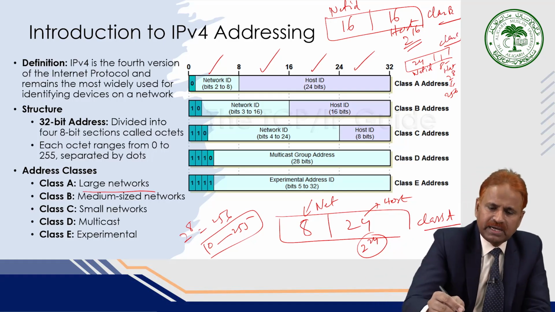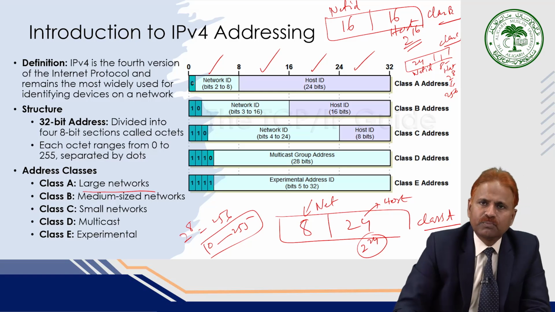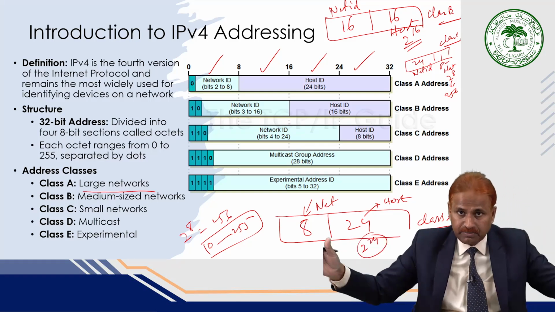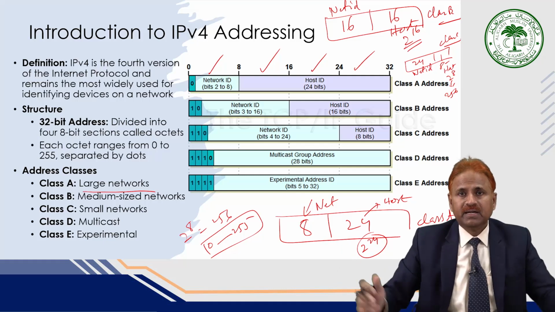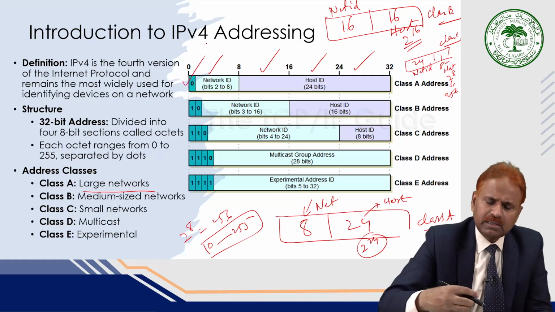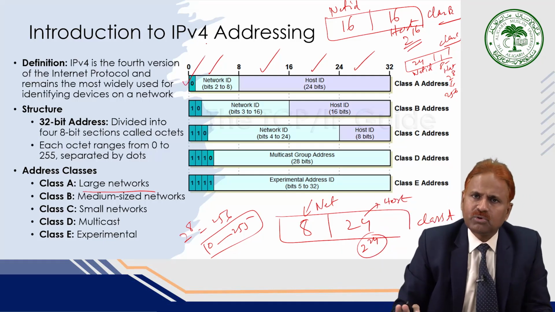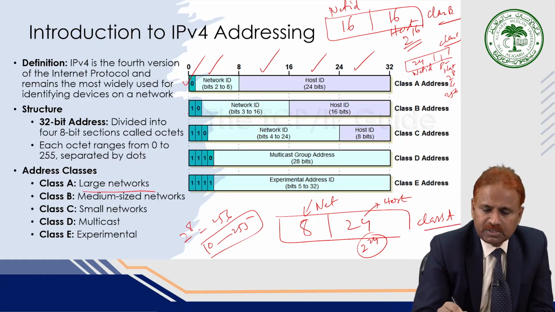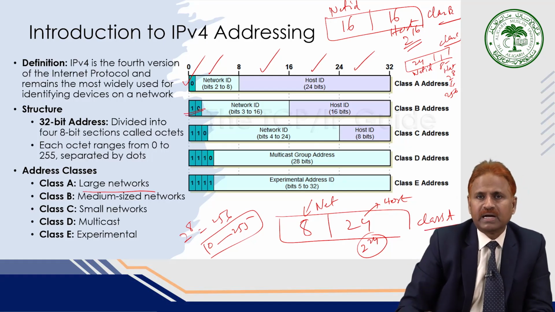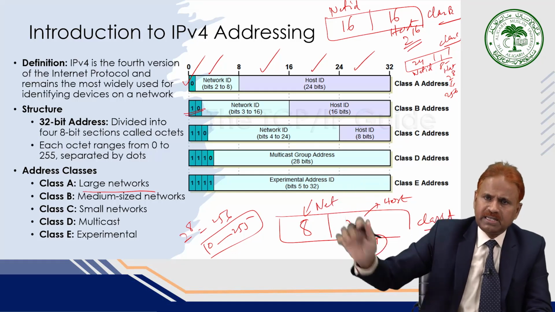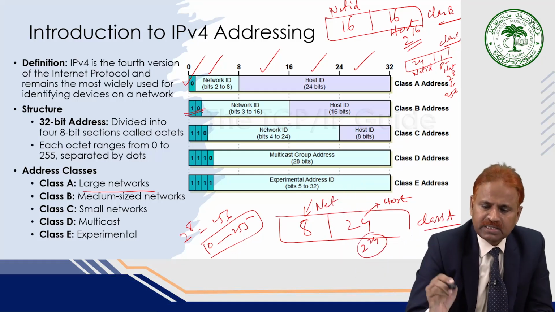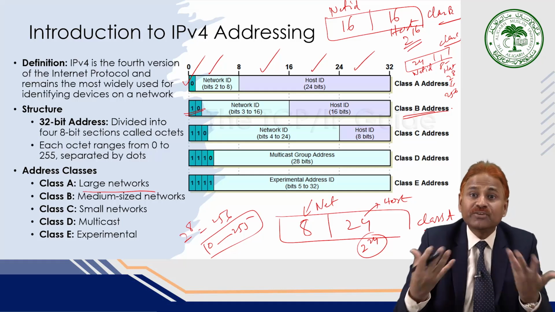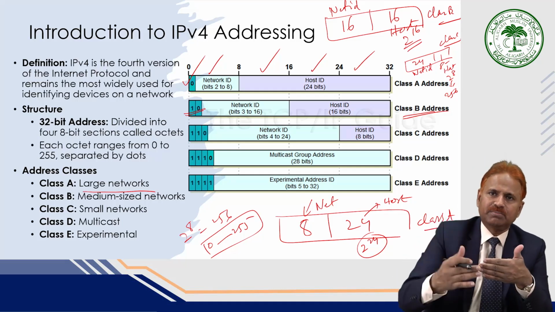if the number starts from 0, the moment you see the address starting with 0 in binary, if the numbers are represented in the 32-bit binary, similarly you can identify that this is a class A network. If the number starts with 10, and the rest of the bits are whatever, then you can say that it is a class B address. I am just telling you how we can identify the address, whether it is class A, class B, class C,